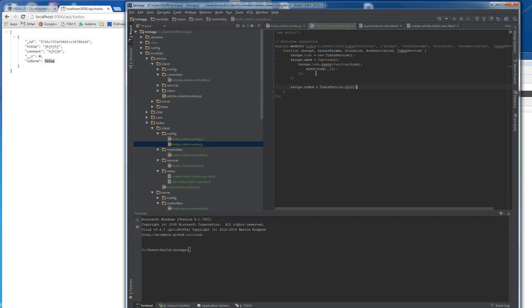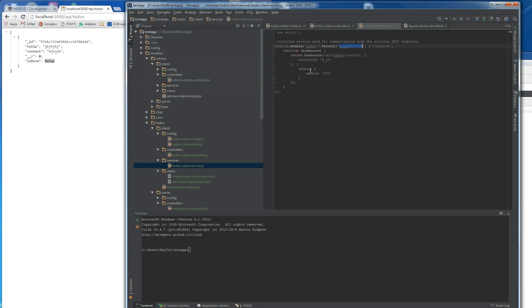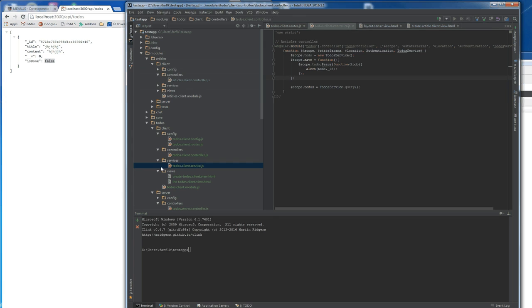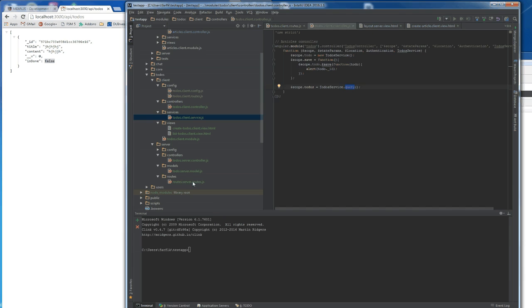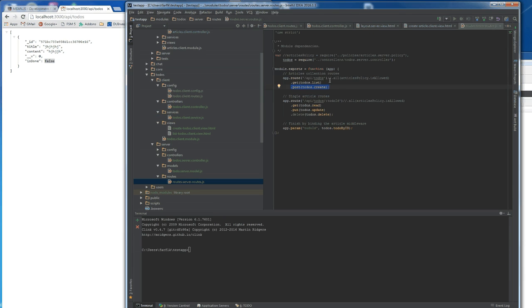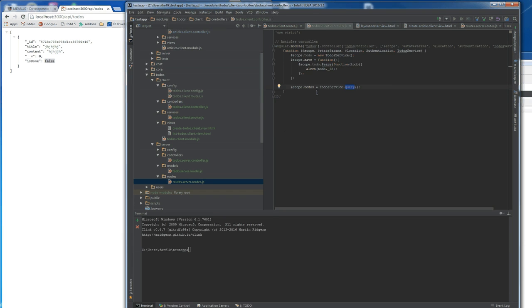This will query up all the to-dos. For example, if you go to the service, there will be an inbuilt method called query, which will call the get method, and that will list all the to-dos and show them down here. So we are going to call the to-dos, and then we're going to show them all in the